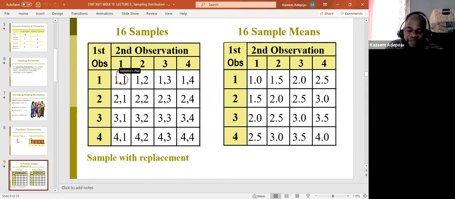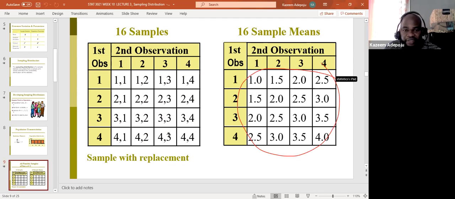1 plus 1 divided by 2 is going to give me this guy here. I'm going to find the mean of each of these, okay? To find the mean of each of that, take a look at that. When I find the mean of each of the pair, I'm going to divide by 2. When I do that, I'm going to have this.